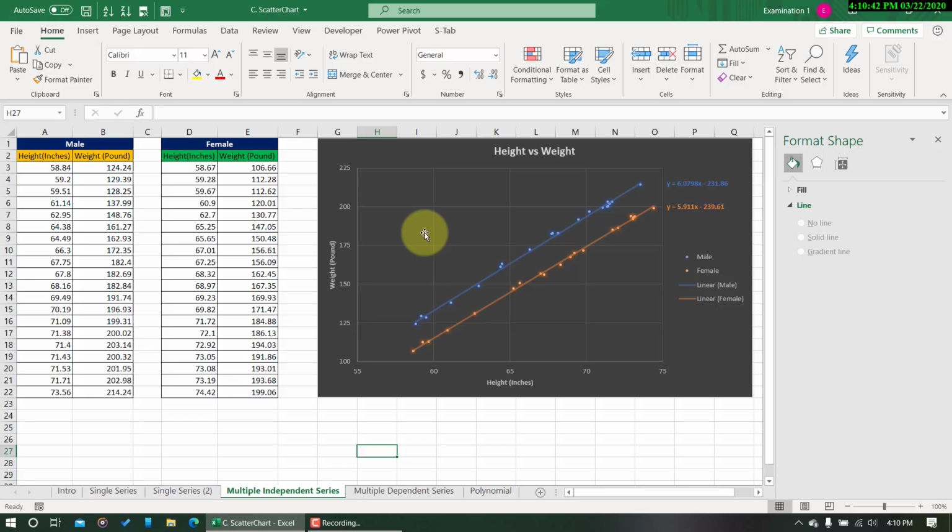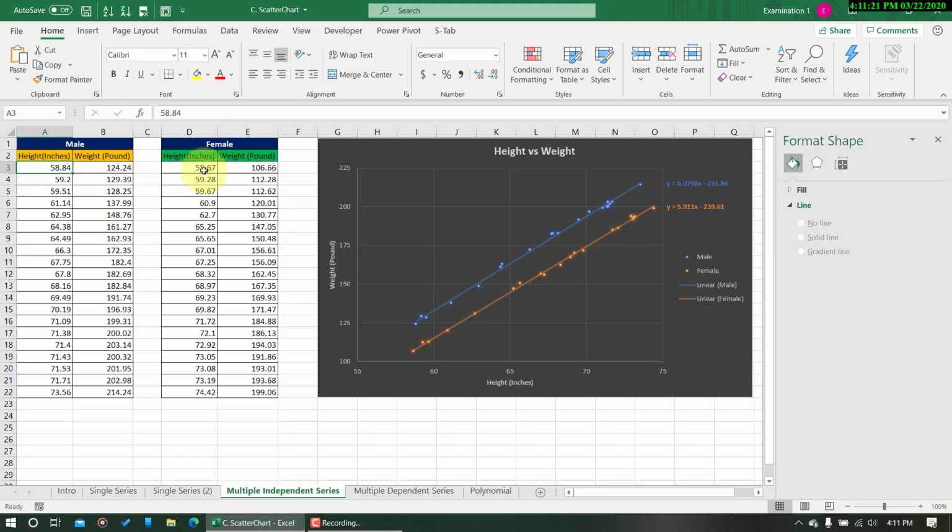Now what will happen if you have two series? So let's take this example. In this case, you can see that I have got two data sets, one for male, another one is for female, and the data is basically height and weight relationship. So the height is sorted in increasing order and the weight is dependent upon this height. I'm assuming that the weight will increase as the height of a person increases irrespective of the gender. Now it may be true that for the male the weight will be significantly higher as compared to the female